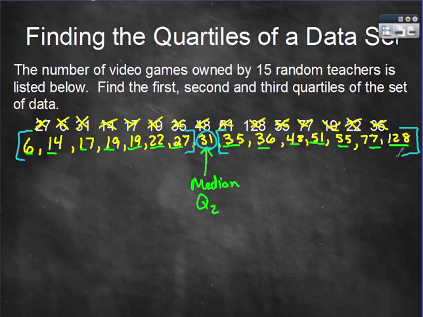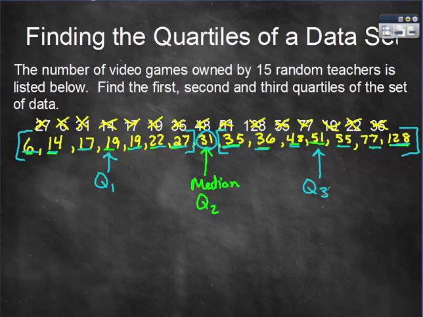So on the left, I have the numbers 6, 14, 17, 19, 19, 22, 27. Finding the median here gives me a value of 19. This is my value of quartile 1. And on the right, I have 35, 36, 48, 51, 55, 77, and 128. If I find the median of these numbers, I will find 51 is the median there, which is actually corresponding